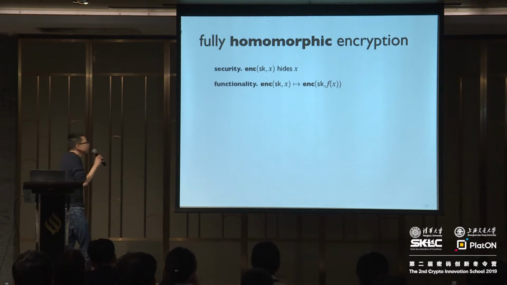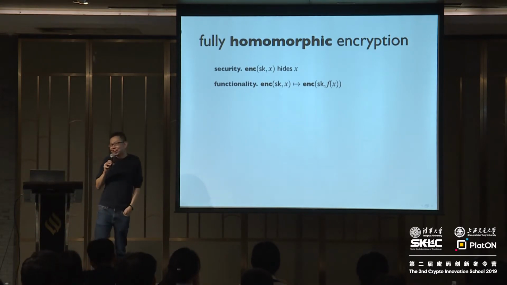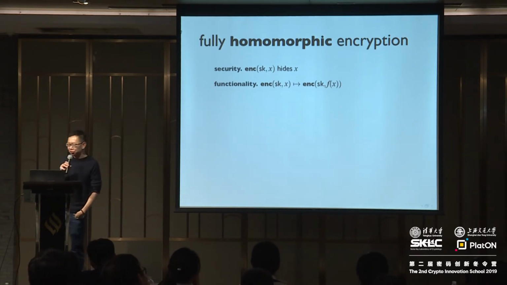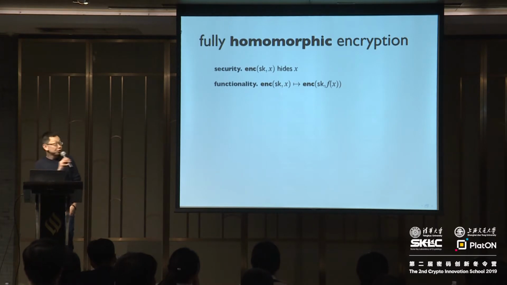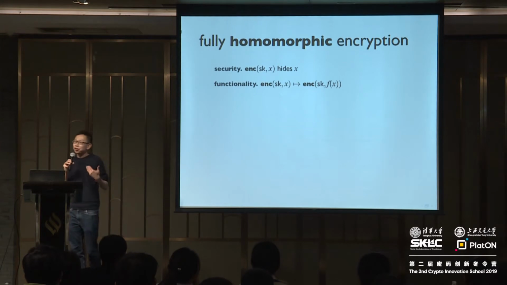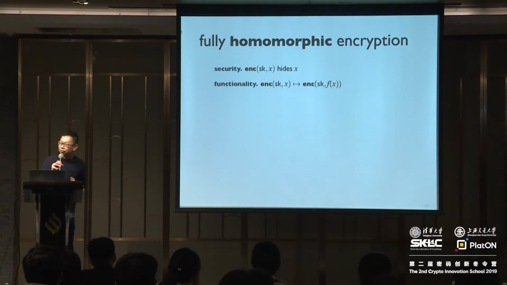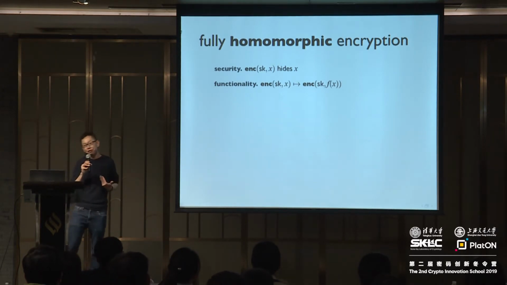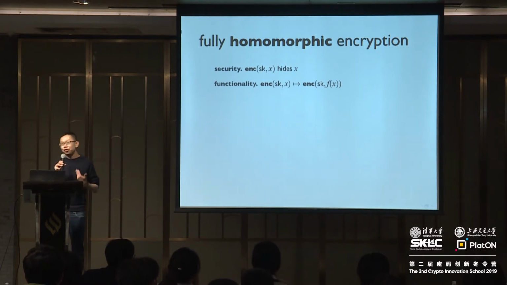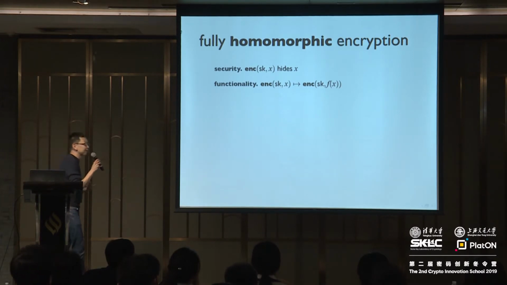The main difference from standard encryption for fully homomorphic encryption, or FHE, is that there's an additional algorithm, often referred to as Eval, or evaluation, that takes the encryption of X and some function F and allows you to compute an encryption of F(X). What's really interesting here is that this Eval algorithm does not require knowledge of the secret key. All it needs to read is the ciphertext.